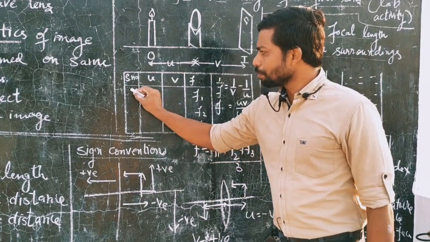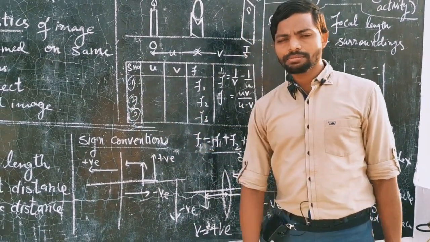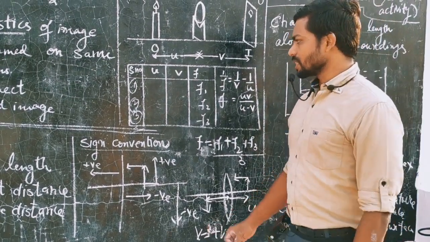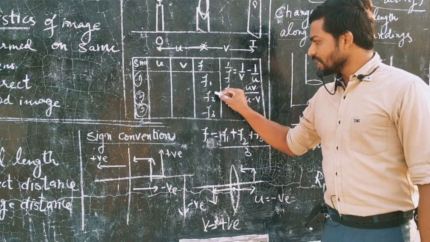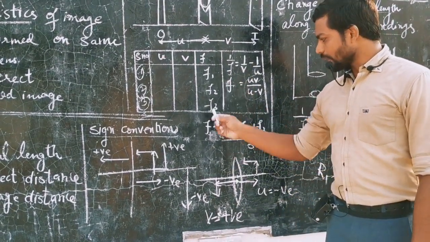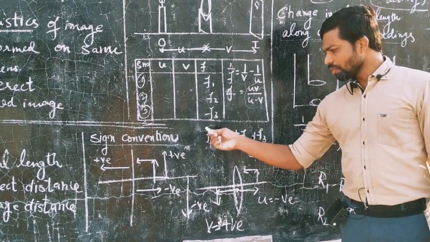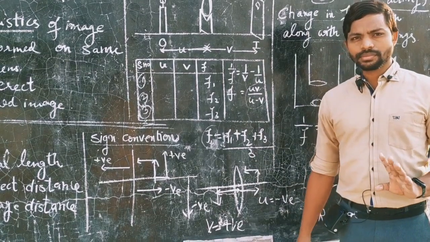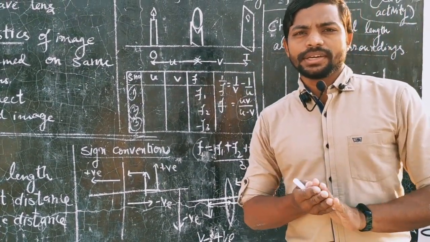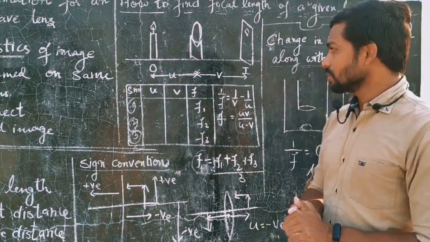Then you will repeat this experiment at least 3 times to minimize the error, which we generally do in experiments. So we are going to get 3 values of focal length, f1, f2, f3, and then we will take the average of these 3 values, f1, f2 and f3. We finally get one value of f. That will be the focal length of the lens. This is what is asked in the practical, or it can also be asked in the exam, and you can easily write it.